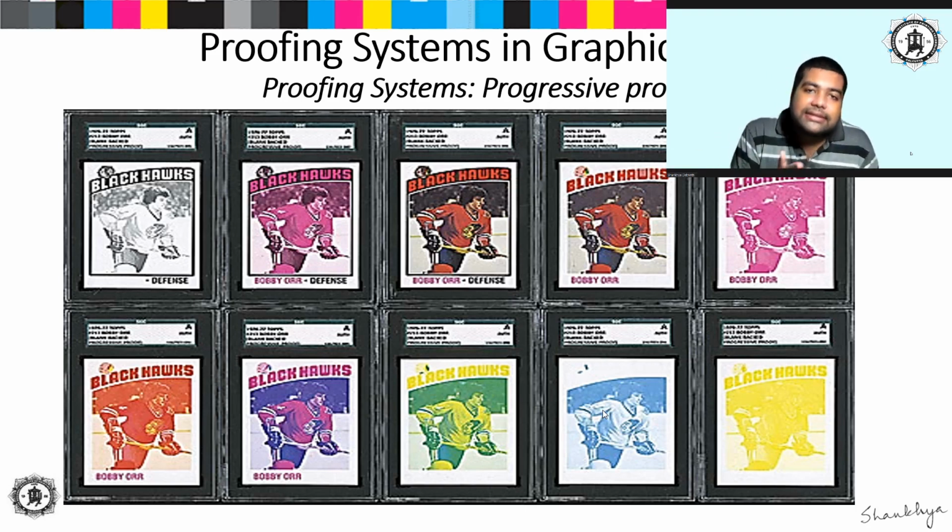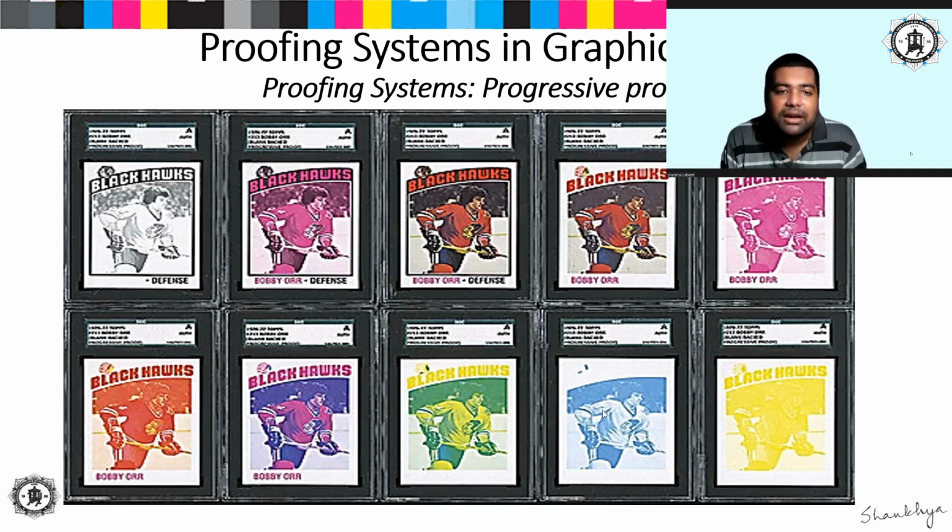So when we are getting successive prints like this, one print will contain only the cyan areas, another print will contain the magenta areas, another print will contain the yellow areas, another print will contain yellow plus magenta areas, another print will contain yellow, magenta and cyan areas, another print will contain all the four colors. So when there are a minimum of 7 types of sheets, where each sheet contains either one or more colors, such successive proofs are known as the progressive proof.